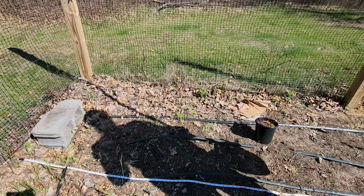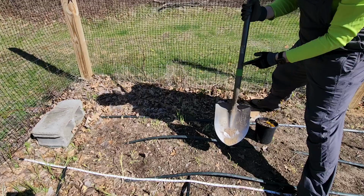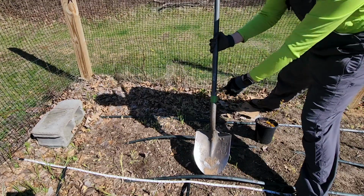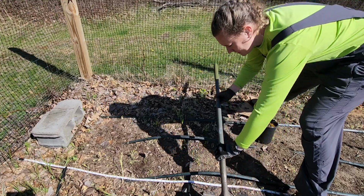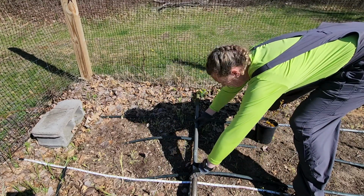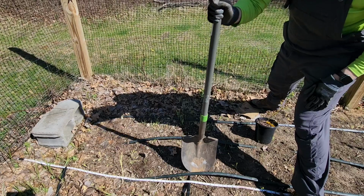Okay, so I'm going to get these planted now, and I have marked on my shovel here, this is 3 feet from the end. So that's what I'm going to use. So the first one is going to be at 4 feet. So here is where I'm going to dig my hole. This one is going to be kind of close to my